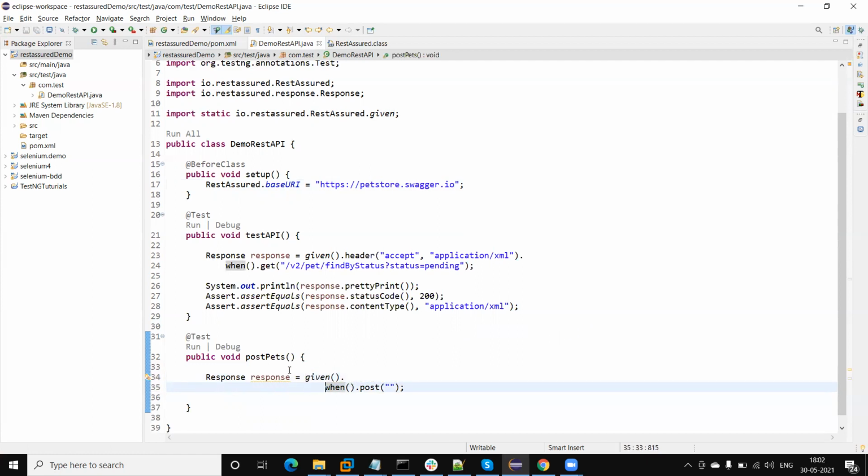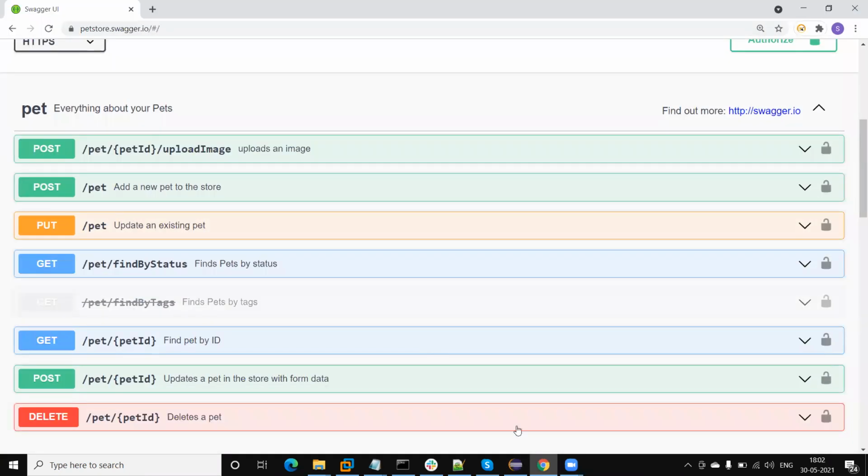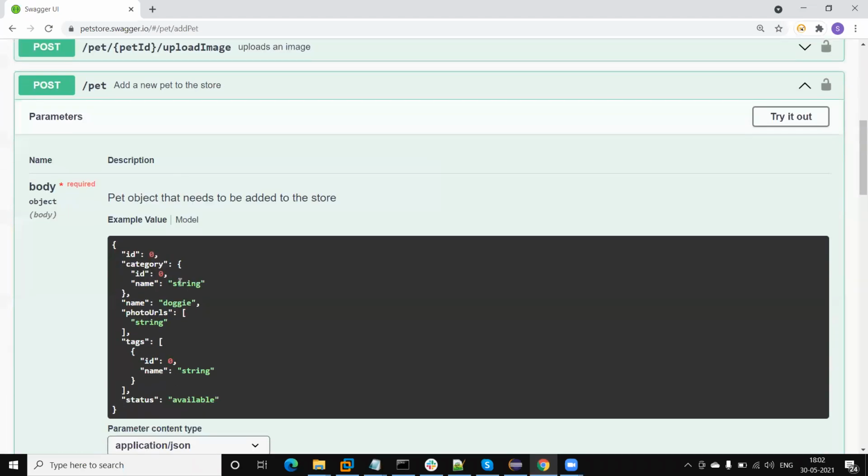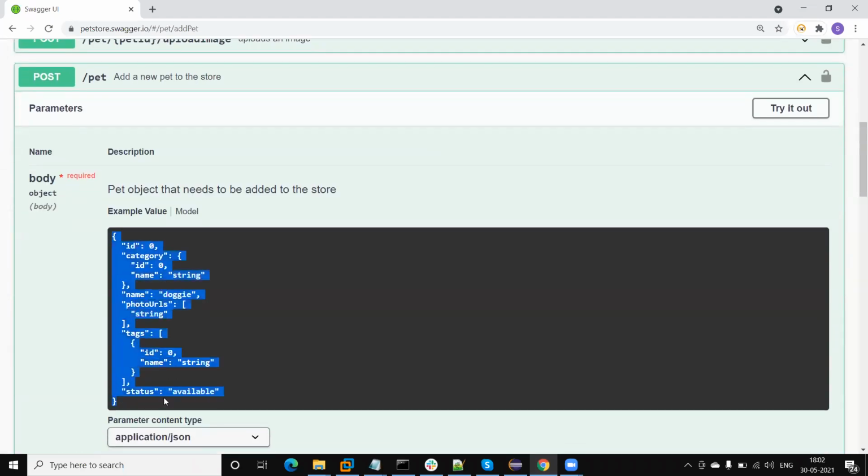First of all, we need to check what the details of the API are. If I go here, there is one post API, post pets. What request detail is required for this API? There is a request body we need to send.